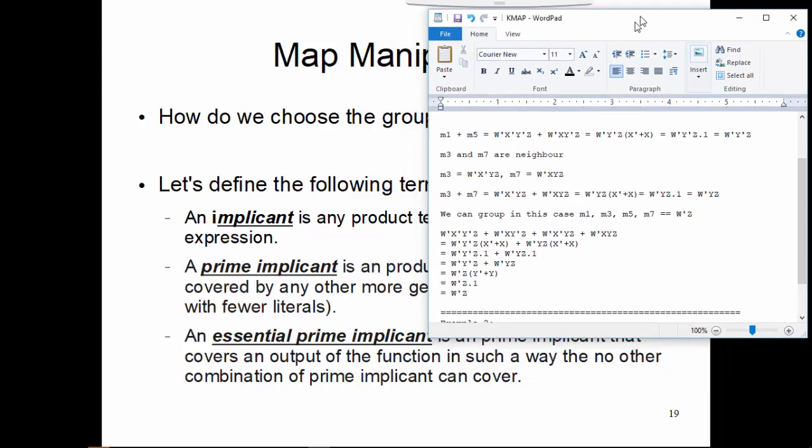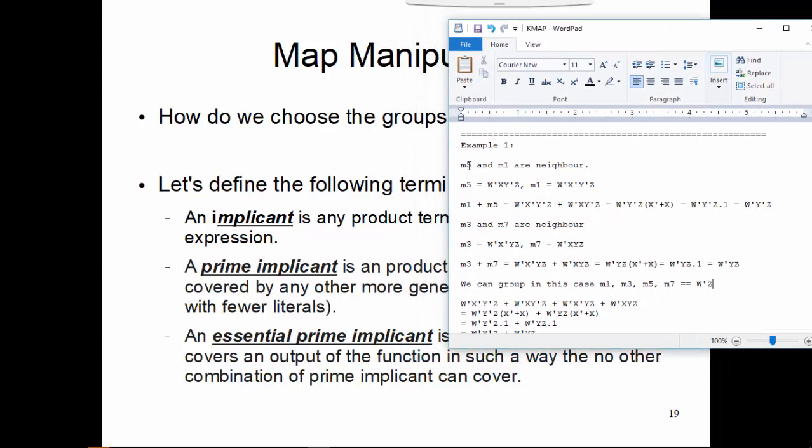In terms of our previous examples, initially we grouped M1, M5 because they're neighbors. Now, are they implicants? Yes, they are. By grouping them, we came up with W bar, Y bar, Z, that's an implicant. But is it a prime implicant? No, because in this problem scope, let's say this function had W, X, Y, Z